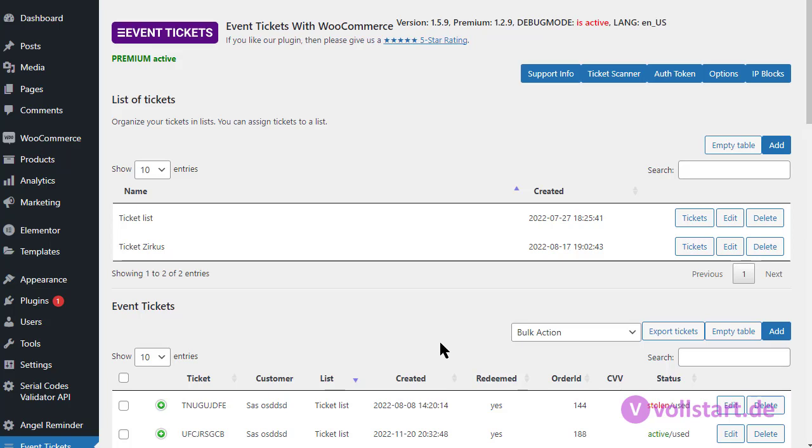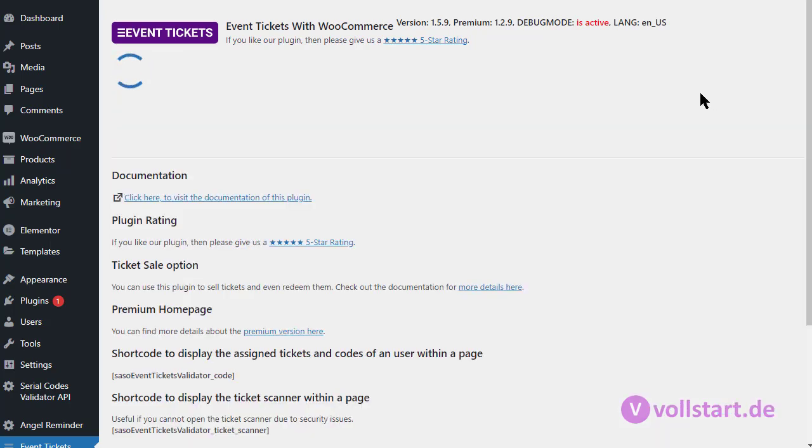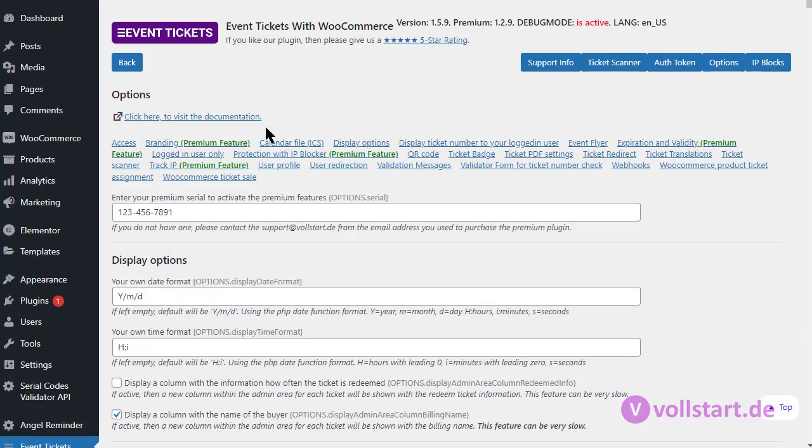So the first steps are clear. You will need some WooCommerce products that are actually then the tickets or the events basically. And before we are adding the products, let's go to the options and discover some of these options that make sense for an event organizer. So the option section is above here. If you have a premium plugin, please activate the premium plugin so that all features are active and working. And it will be at the top. Here's your serial key. You just enter the serial key and then you can use it.